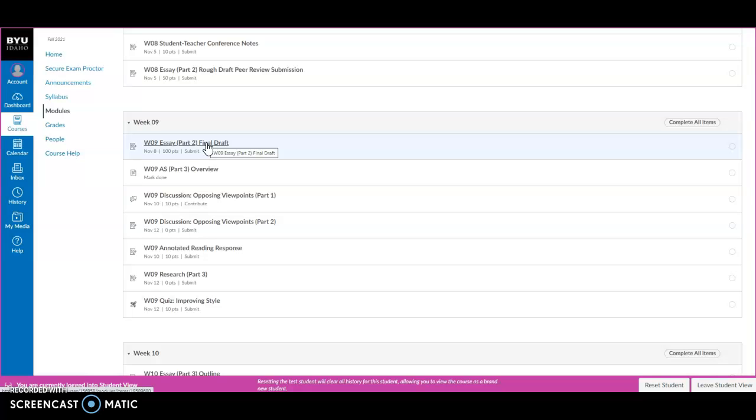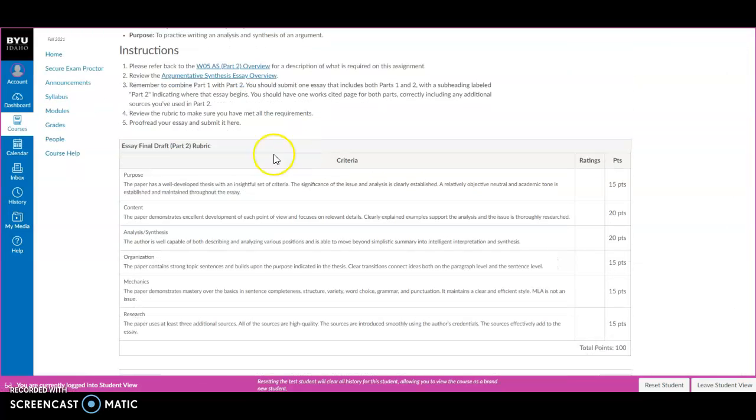And I also made comments noting that you need to make sure you're looking at all your formatting, and that you're going back to part 2 to review that portion of the assignment, that you have everything there. You also want to look at the rubric. So here's the rubric. What are you being graded on? Again,